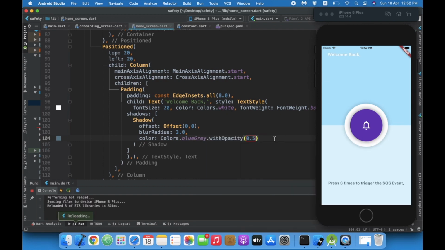Let us see, welcome back. Let us increase the font size. Too big. Okay, welcome back. And after welcome back we want user. Okay, so we'll copy this padding, this text we will copy.